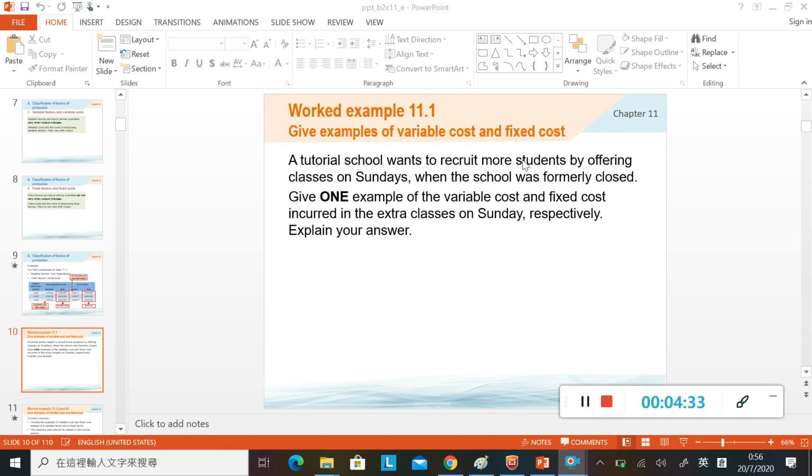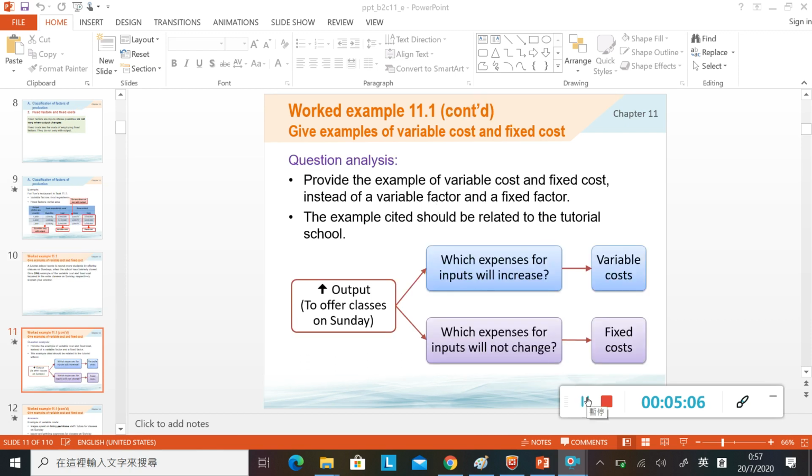好啦，咁我哋睇下呢個 work example 啦。佢話 A tutorial school want to recruit more students by offering classes on Sundays when the school was formally closed. Give one example of the variable cost and fixed cost incurred in extra lessons on Sunday, respectively. Explain your answer. 好啦，咁你就要諗下，當你加咗呢啲堂嘅時候，有啲乜嘢你要 employ 多咗，而令到你個 cost 要俾多咗？又有啲乜嘢係唔會轉嘅？